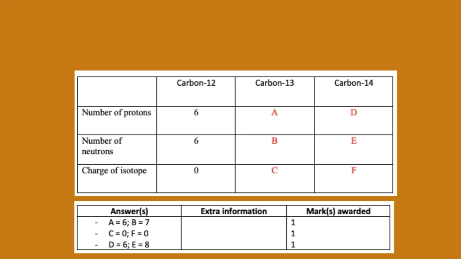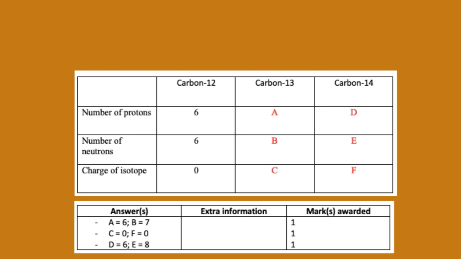To work out B, we can subtract the number of protons from the mass number to get the number of neutrons, and, as 13 minus 6 gives us 7, the number of neutrons for carbon-13 is 7. If we do the same thing for carbon-14, we get 14 minus 6, which gives us 8 for the box E. Lastly, to work out the charges of carbon-13 and carbon-14, you should recall that isotopes are still atoms and